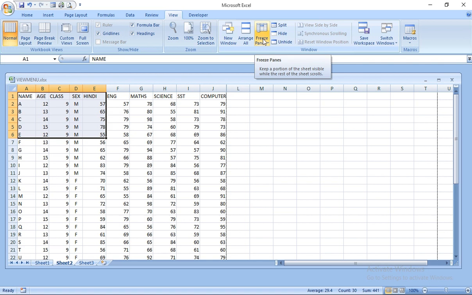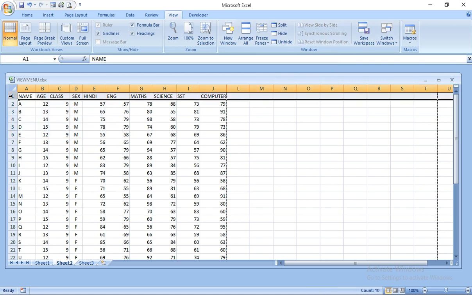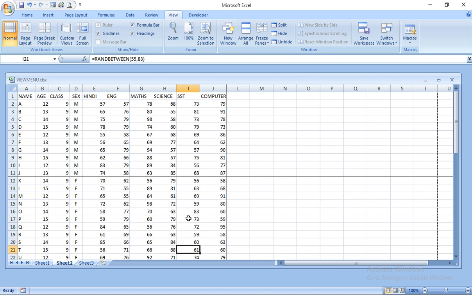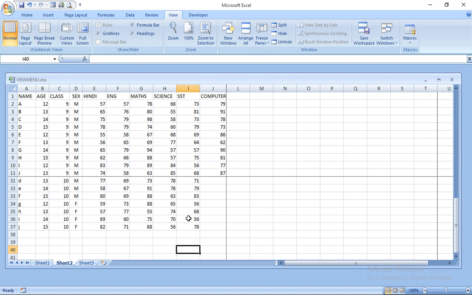Then freeze pane. When the data is very long and you have to do the feeding of your data, this option will help you to see the pane of headings. With freeze pane, when you go down, the heading won't hide and it will show you on a pane.